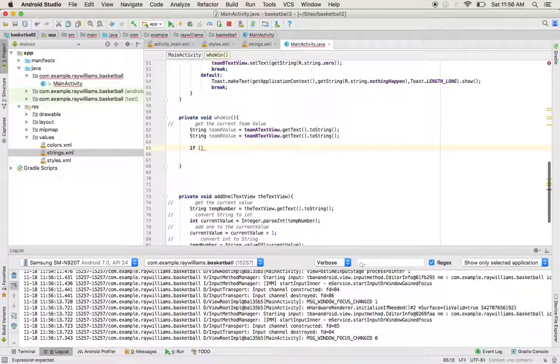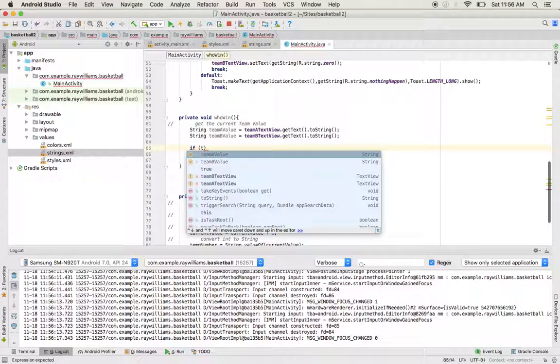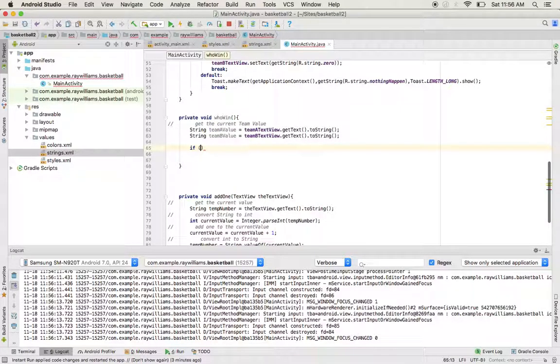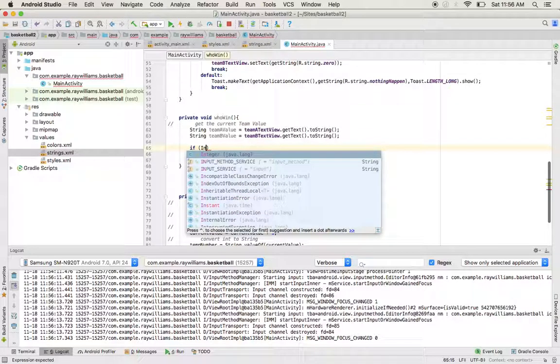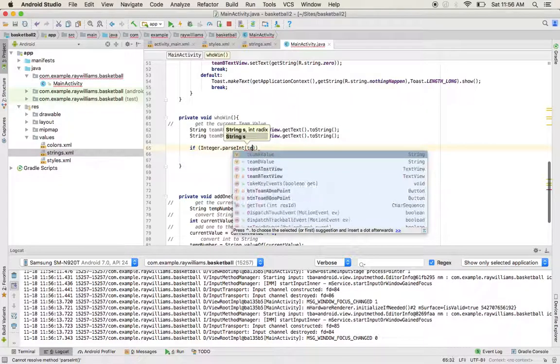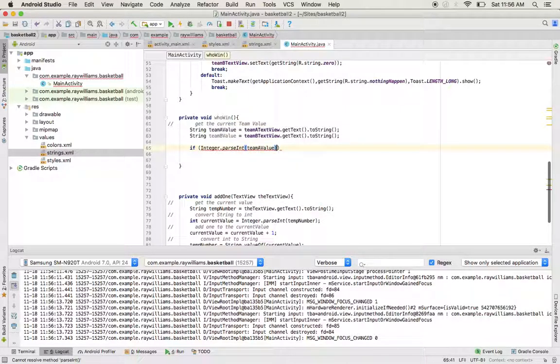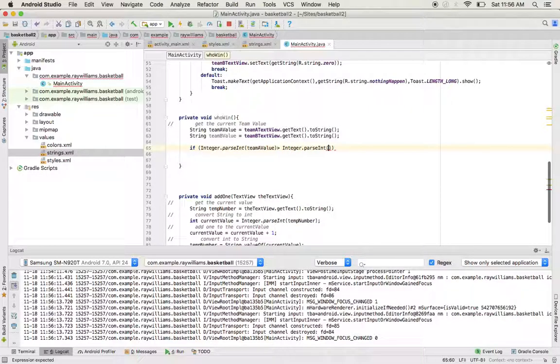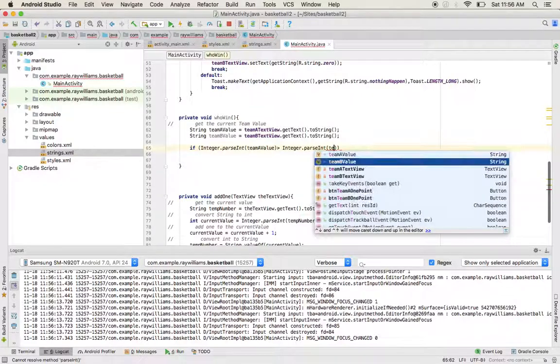So we're going to do if Integer dot parseInt of team A is greater than Integer dot parseInt of team B,